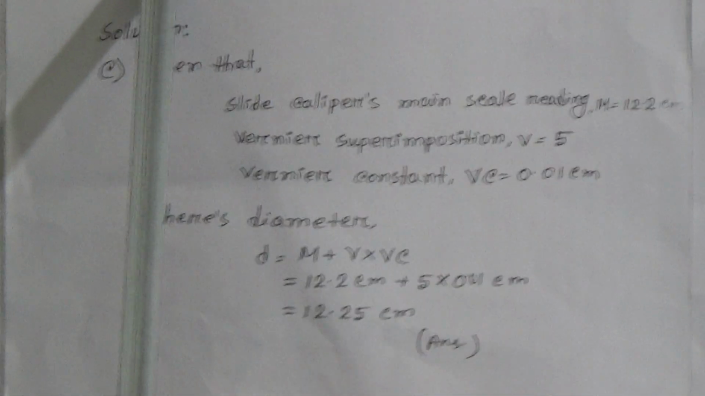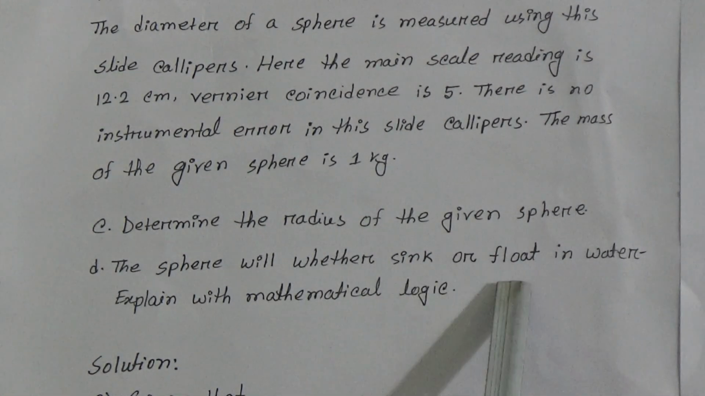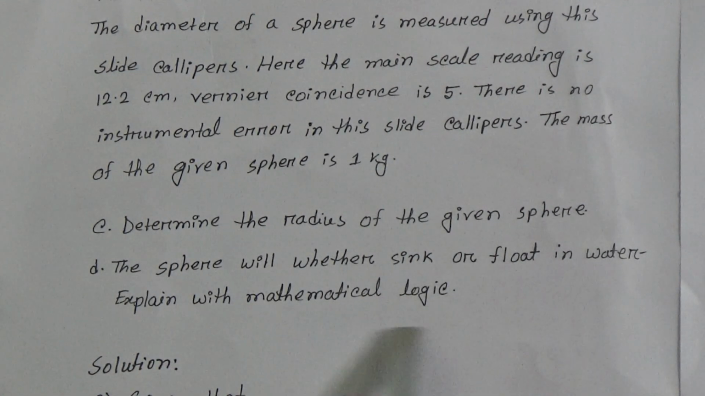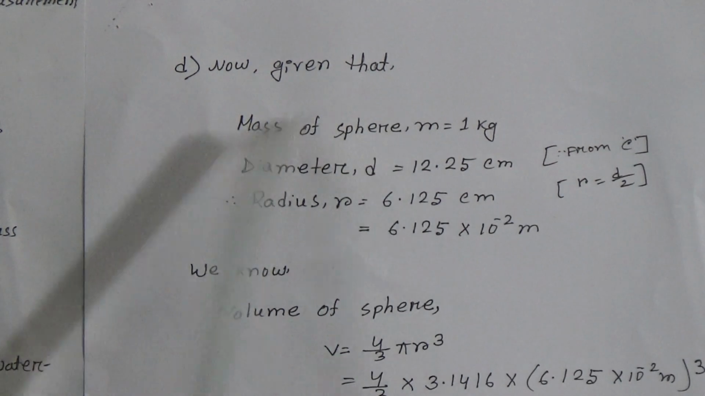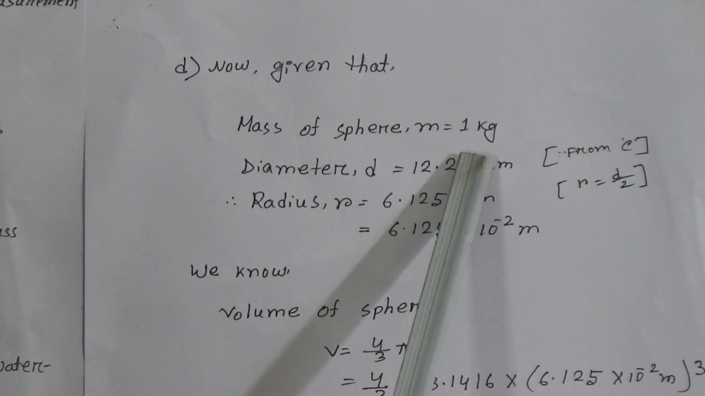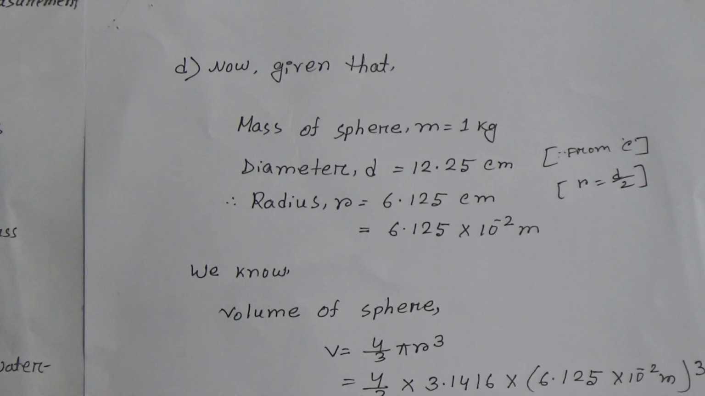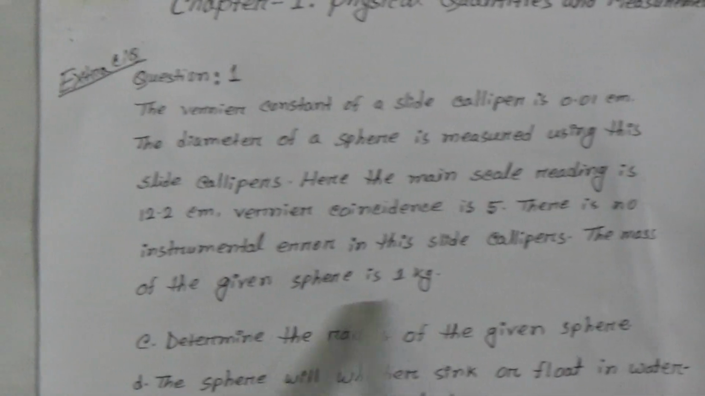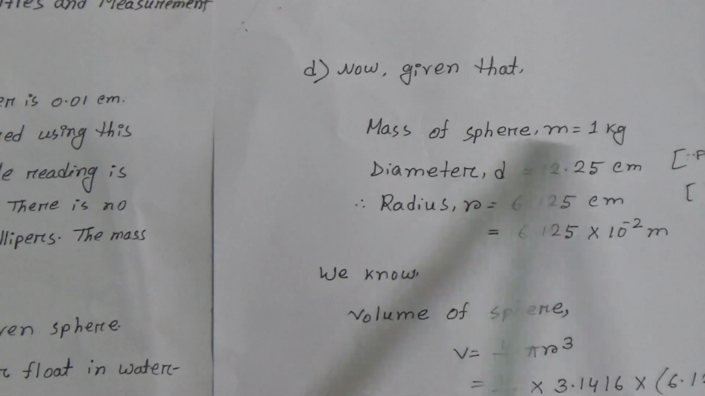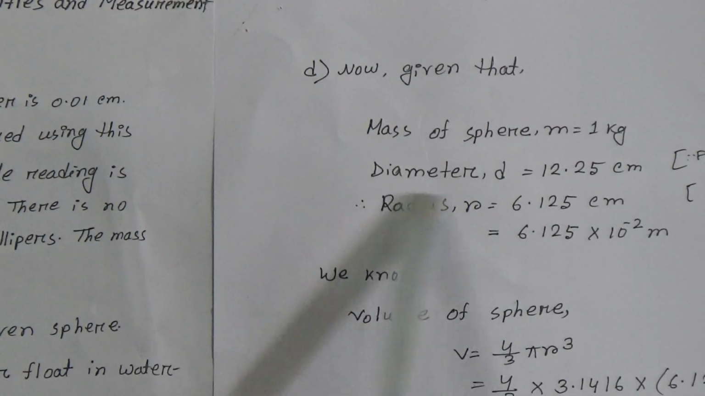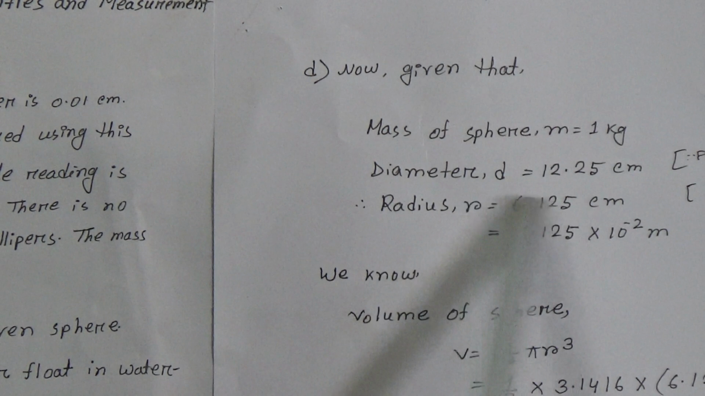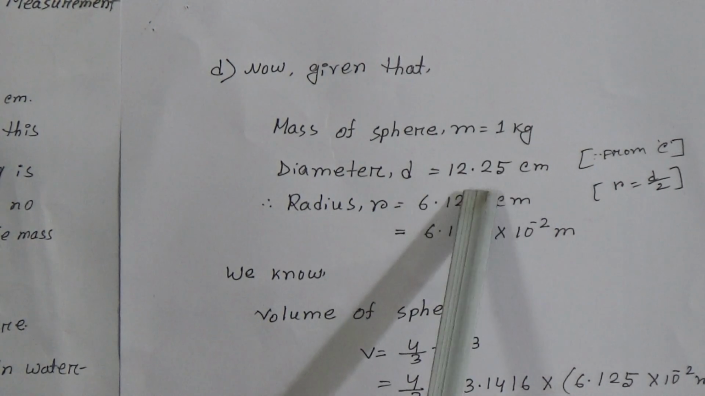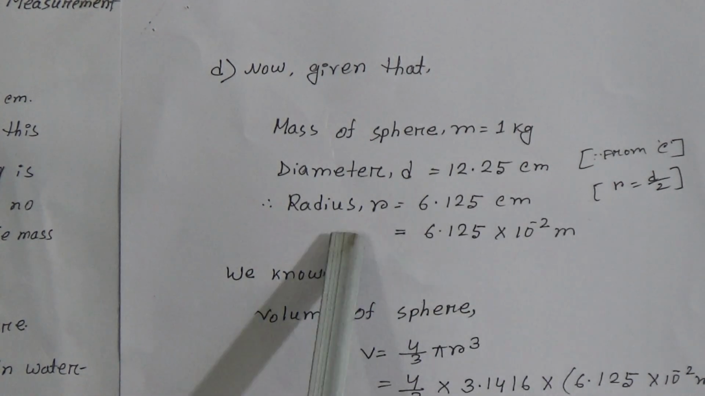Now our question is, the sphere will whether sink or float in water, explain with mathematical logic. The solution of the question answer D. Now given that mass of the sphere M equal to 1 kg. Look at the stream, this is the mass of the sphere, 1 kg. And diameter D, we get this diameter from C. Diameter D equal to 12.25 centimeter, and radius